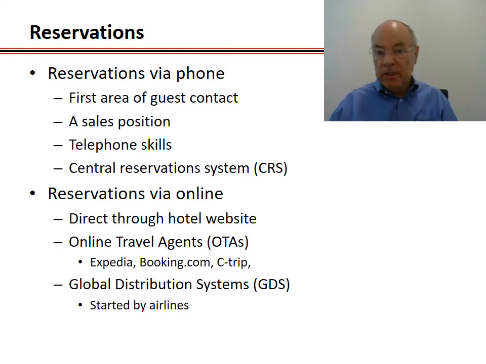Now, what's the difference in these three? A hotel website, what do you pay for that? Well, if you're an independent hotel, obviously there's no cost to it, well, but you had to develop it. If you're a part of a group or a chain, you're going to be paying a fee to the chain, but it's much less than you pay to the online travel agent. And also the fee you pay to the global distribution system is another higher fee. So if you are ideally trying to find the best method to get the best profitable room, you want to get through your own hotel website.